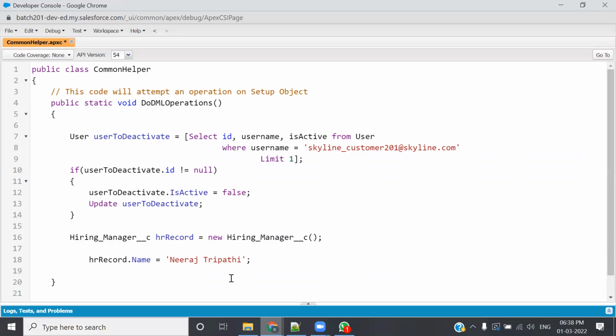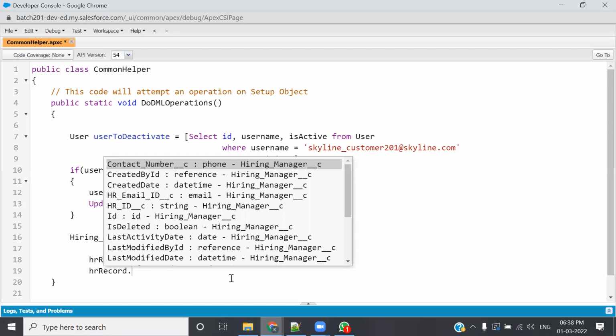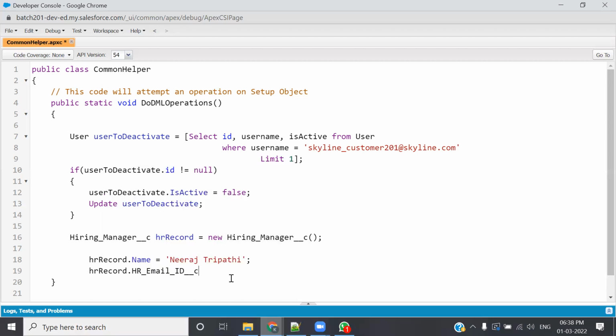So HR record dot. The second is what? The second is probably HR email ID. So I'm taking this email ID. It's like neeraj@test.com. Okay, and then